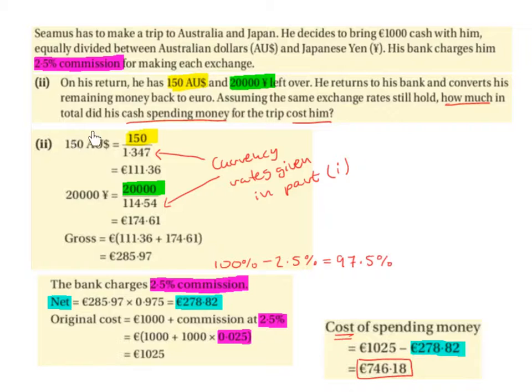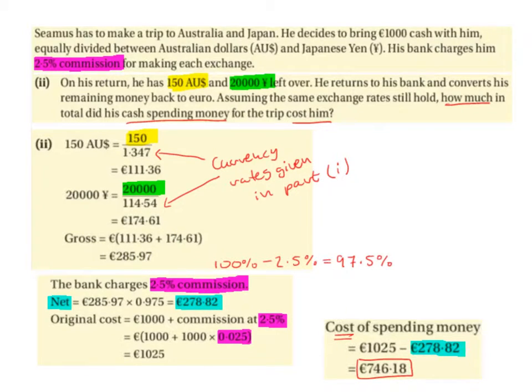So the 150 Australian dollars, we divide that by 1.347, which was the currency rate given in part 1. That gives us €111.36. The 20,000 yen, we divide by 114.54, which again was the currency rate given for yen in part 1. That gives us €174.61. Gross, adding them, gives us 111.36 plus 174.61, which is